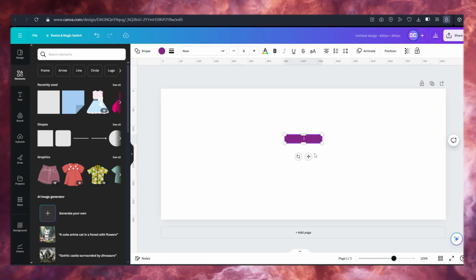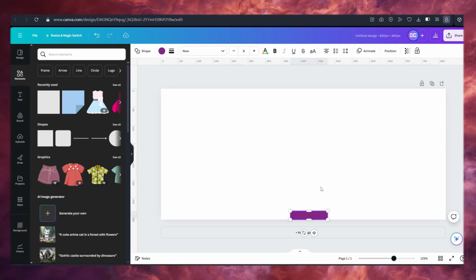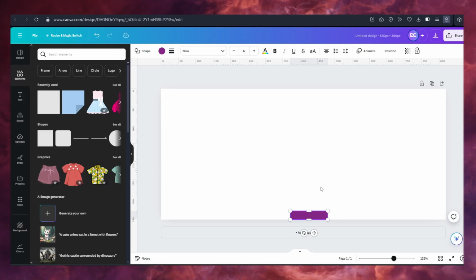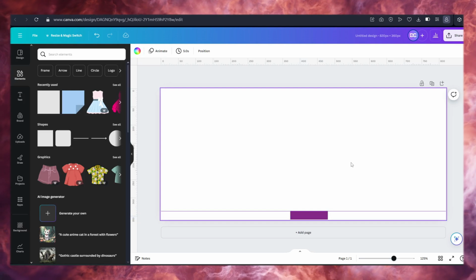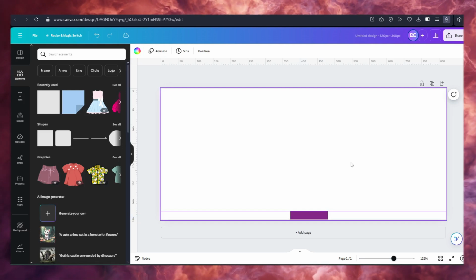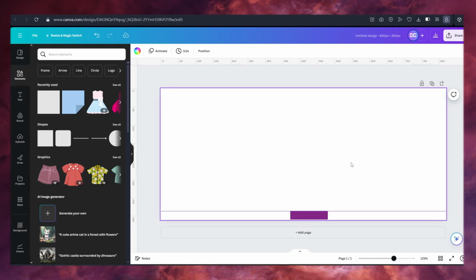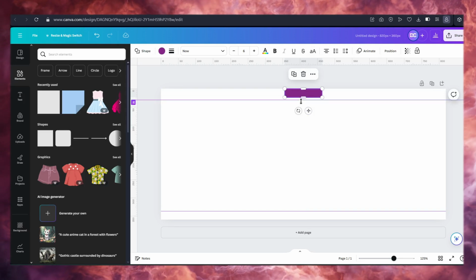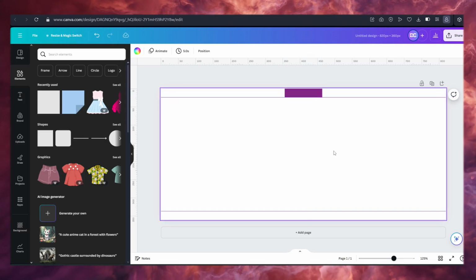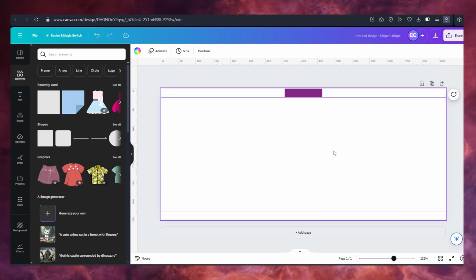Let's drag it here to the bottom. Now hover your mouse over the ruler here on the top and click, drag and keep dragging, as you can see, until it snaps to the edge of our shape here. Then do the same thing to the top part of your canvas. Take a ruler from the top and place it over here. Now you have a margin guide for 24 pixels at the top and bottom of your image.